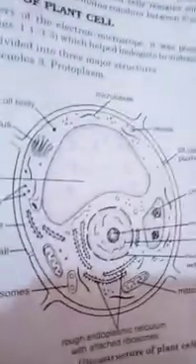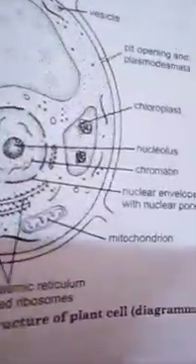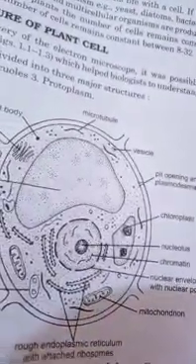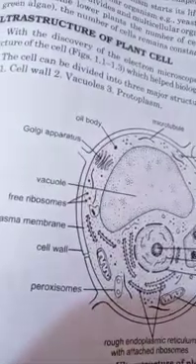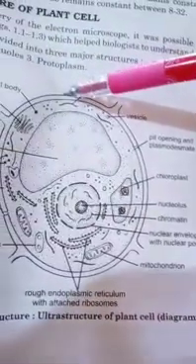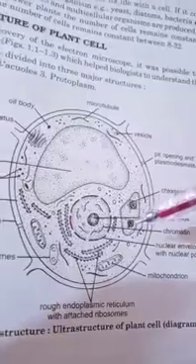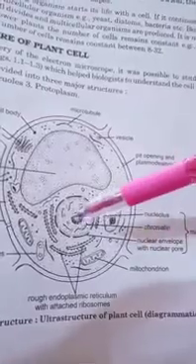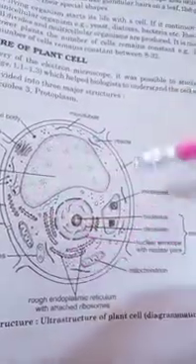Likewise, you could see the structure of a plant cell, how a plant cell looks like internally. Here you see the ultra structure of a plant cell. So when we talk about the plant cell, the outermost limiting boundary of the plant cell is your membranous structure, that is your plasma membrane, and in turn there is protoplasm inner to the outermost boundary of the cell, that is nucleus plus cytoplasm.